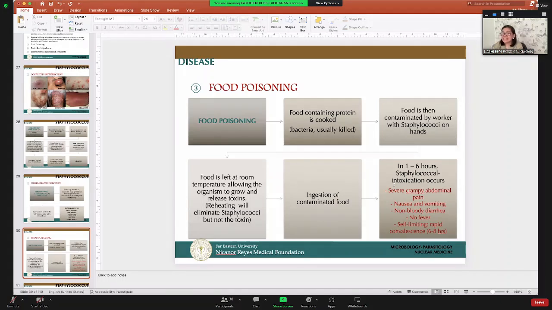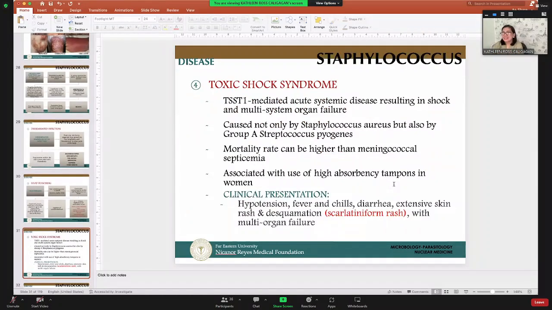This is clinically manifested as severe crampy abdominal pain, nausea, and non-bloody diarrhea, although there is no fever. This condition is self-limiting with rapid convalescence of 6 to 8 hours. So it is actually simple. It can be resolved without any medication. But this is the more serious sequela of Staphylococcus,